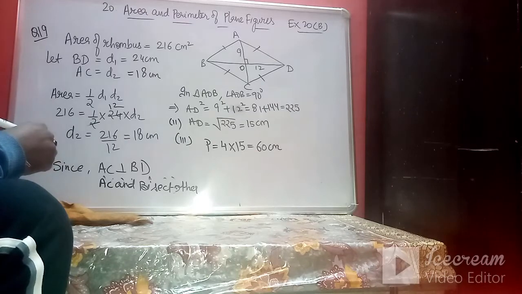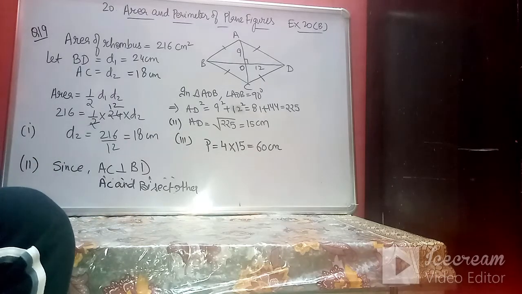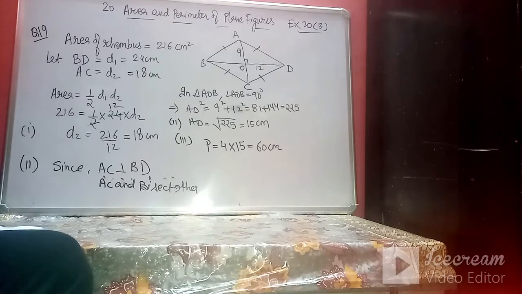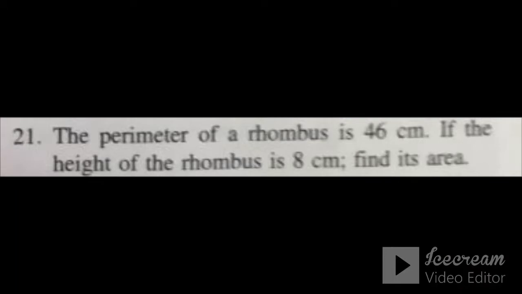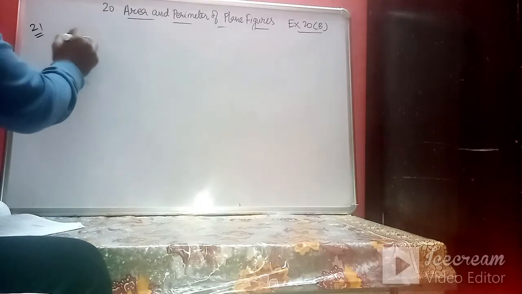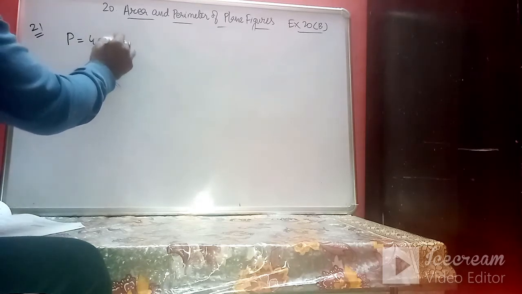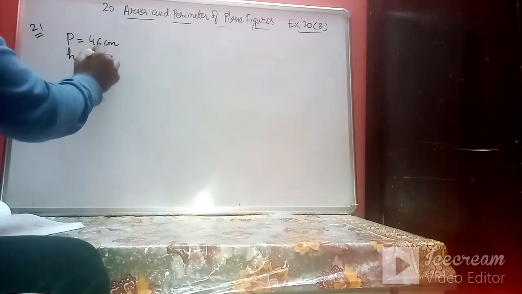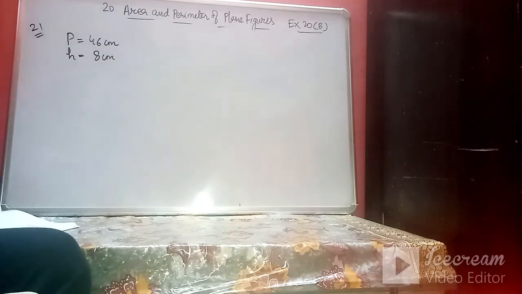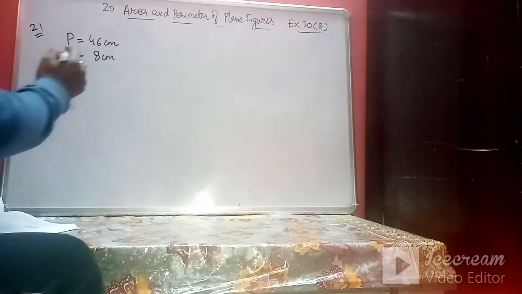Okay. Then one of the problem of rhombus. Then see one more problem. The perimeter of rhombus is 46 centimeter. So this is the perimeter. And height is 8 centimeter. Find its area. So since we know that rhombus is also a type of parallelogram, so first we will find